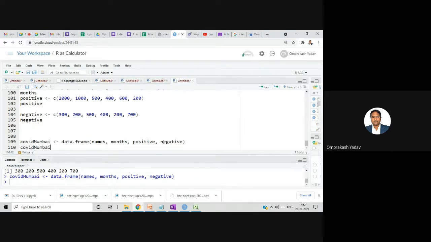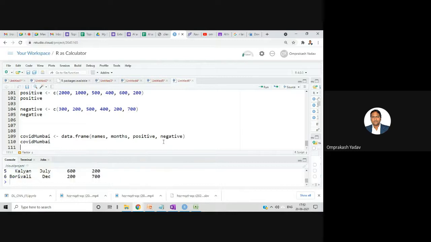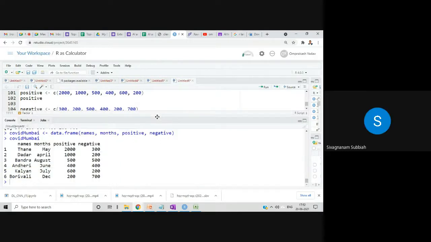Okay. If you see over here... Sir, sorry to interrupt. Putting error, yes sir: object positive not found. The same way only I have given. So that means the positive must not have been created. Okay, that I have executed, that positive 2000, 1500, everything I've done.